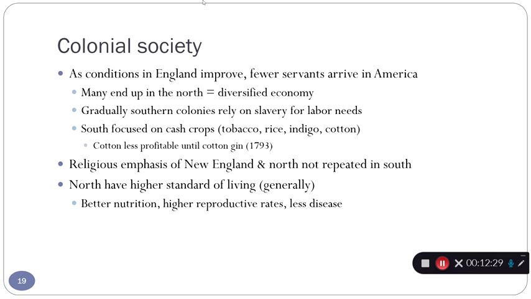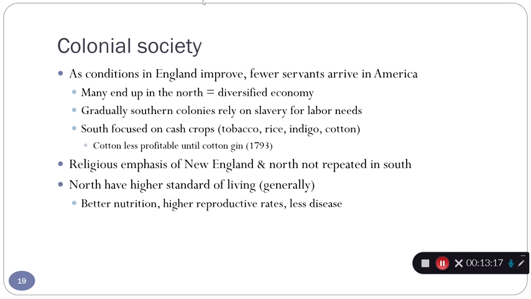The standard of living, then, generally speaking, is going to be higher in northern colonies than in southern colonies. Whether you're looking at things that are kind of out of the control of the settlers, things like disease, northern colonies don't experience the same kinds of borderline tropical diseases that we see in the Chesapeake or in the Carolinas. The reproductive rate, the diet, the financial and commercial standard of living tends to be higher in the North, partially because of the diversified economy, partially because of a larger population, partially because of different climate and different